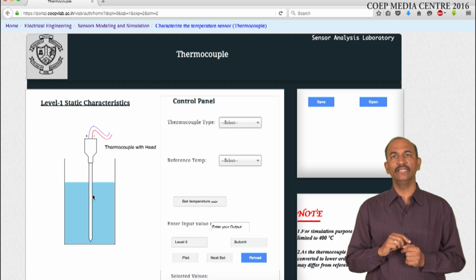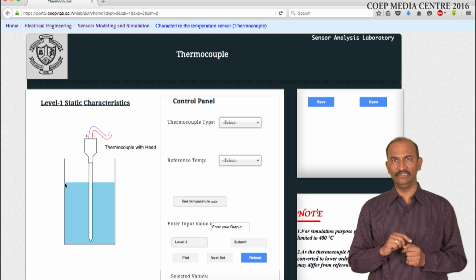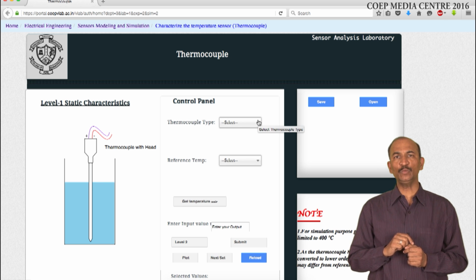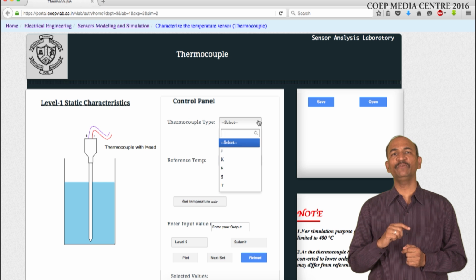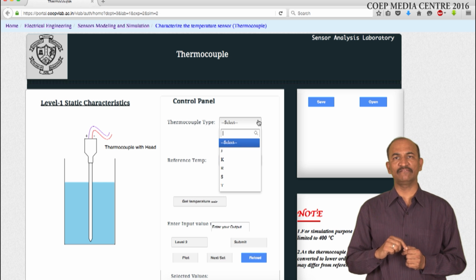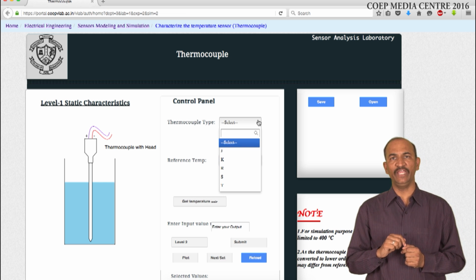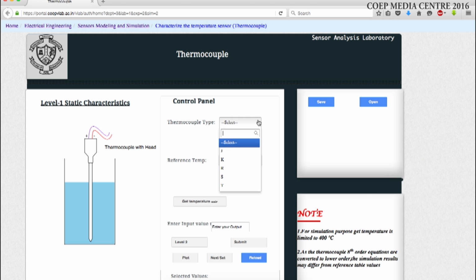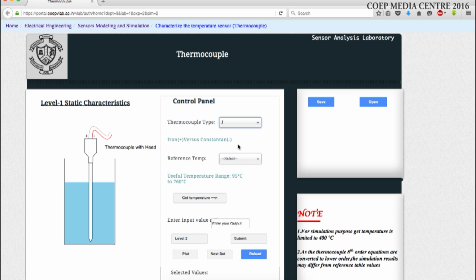Now, in this case, a thermocouple is dipped in a vessel containing some liquid. A student needs to select which type of thermocouple he wants to characterize, like J, K, R, S, T. These are the 5 thermocouples which we have tested. For example, I select J type thermocouple, which is of the type iron and constantan, and the reference temperature is,